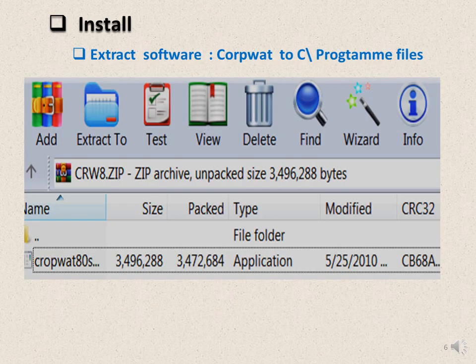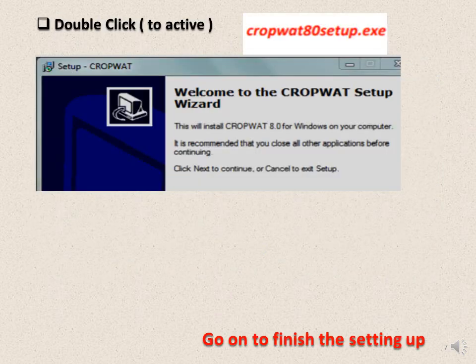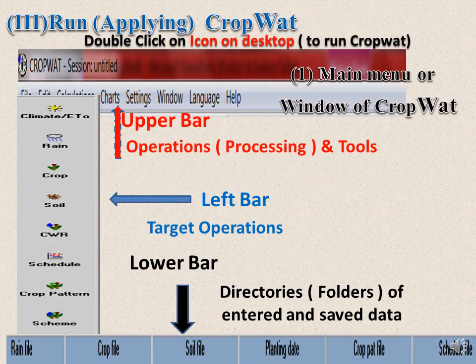Install the software. CropWat is composed of a compressed folder, thus we have to extract this software to the drive C. Then double click on the icon of CropWat setup.exe. Then we continue to finish the setting up process. When we run the CropWat software,